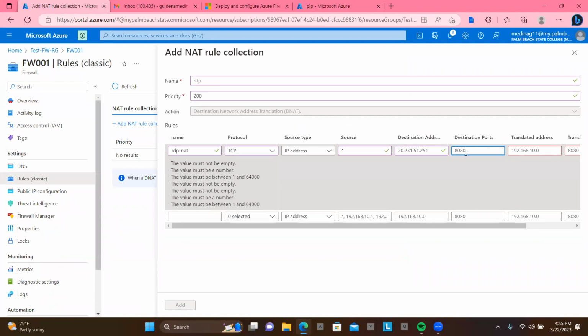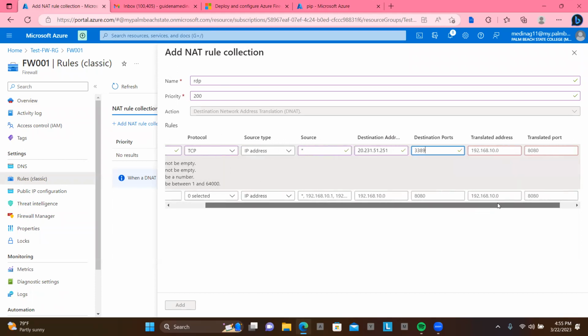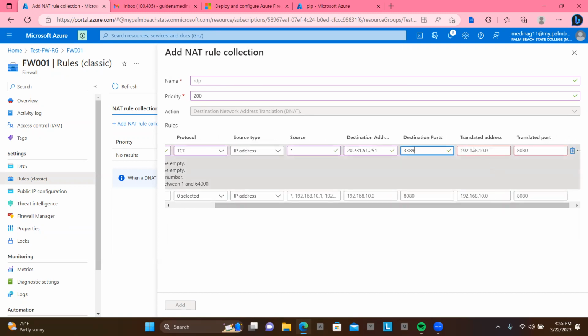bingo. Now, for the destination port, you have to type in 3389, which is the port number for Remote Desktop Protocol, the RDP. Scroll over a little bit. Now, guys, for translated address, I'm sorry, for translated address, we're going to type in